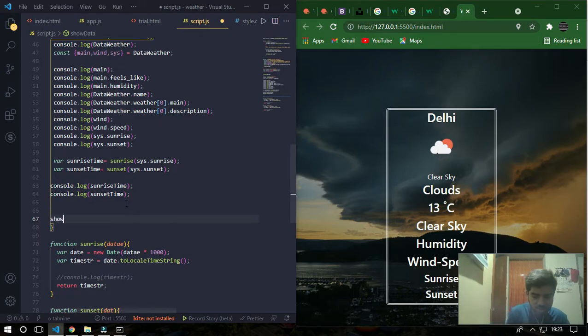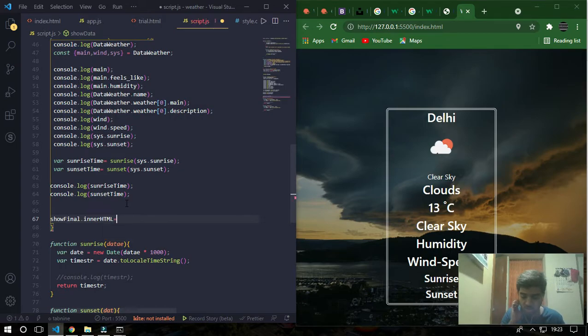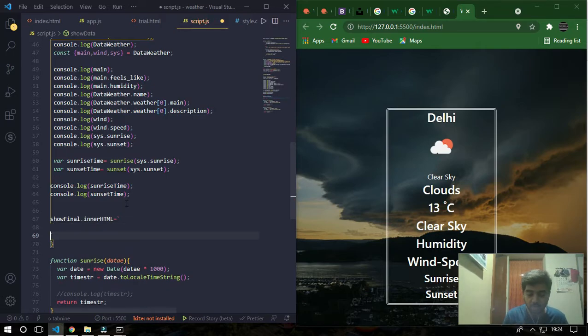I'll just do showFinal.innerHTML equals to, and this is not the single apostrophe, this is the one you find in the above tab. I just copy this.